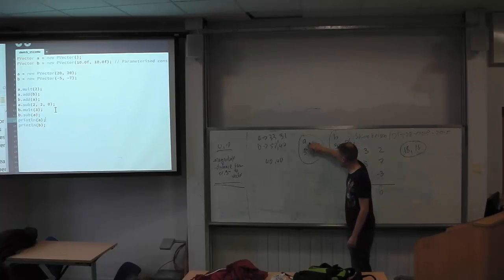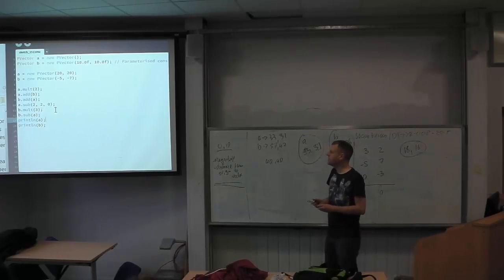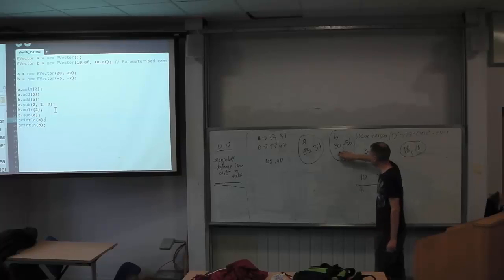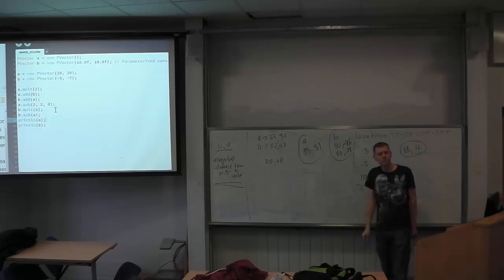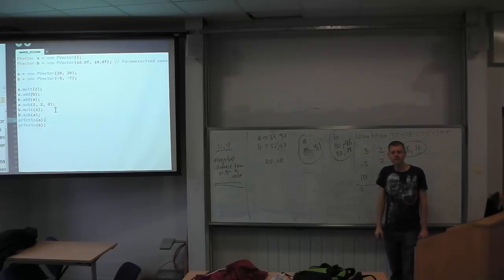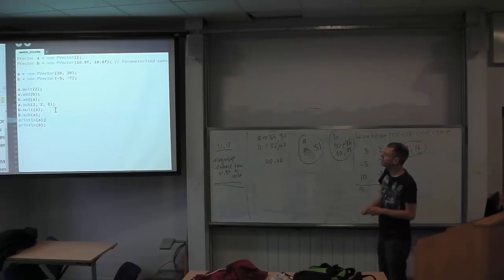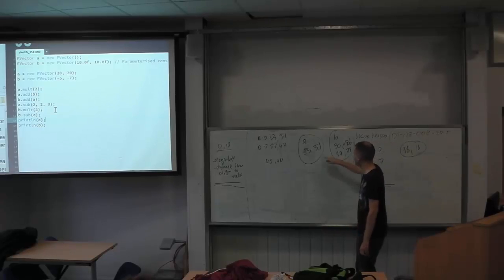So I take A, 35 then becomes 33, 33 becomes 31. B dot mult 3 takes B, so this 30 becomes 90, and 26 becomes 78. Correct? Yep. Okay, and then B dot sub A, so then I take B and I subtract this from it,